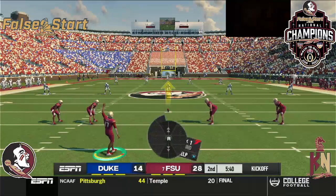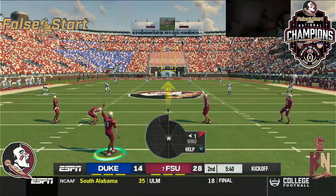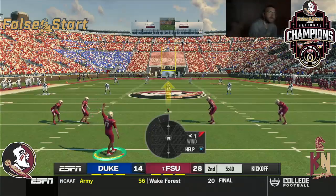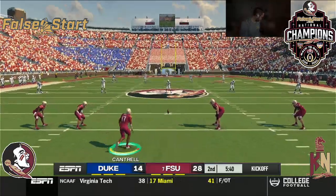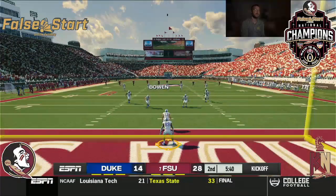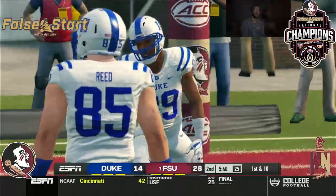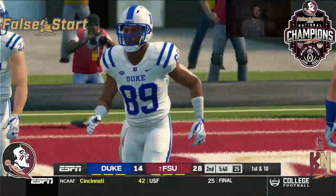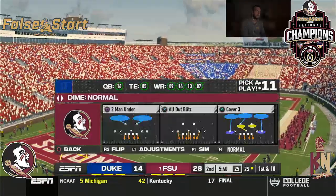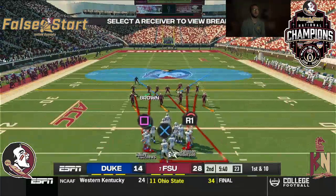Cantrell has the ball all teed up, and he's ready to kick this one off. He kicks it off, and he got all of that one. And it goes into the end zone, down for a touchback. We'll have to see now how the offense runs this time after throwing a...